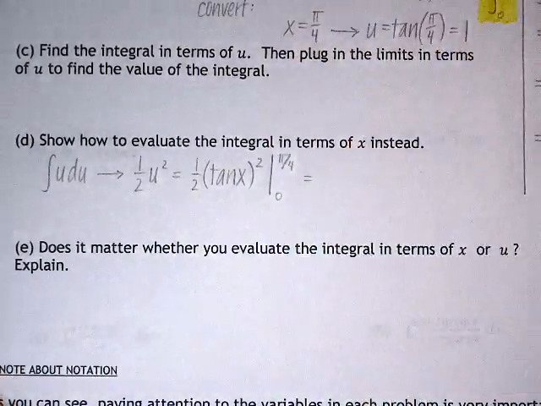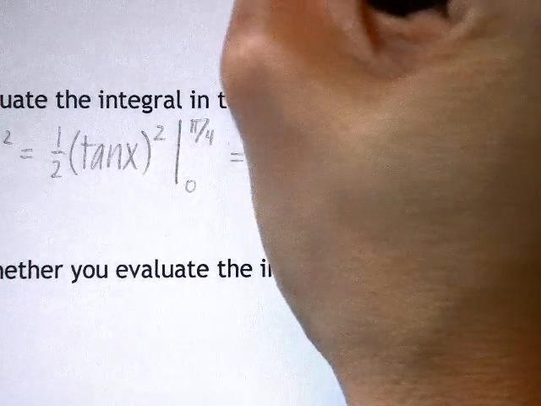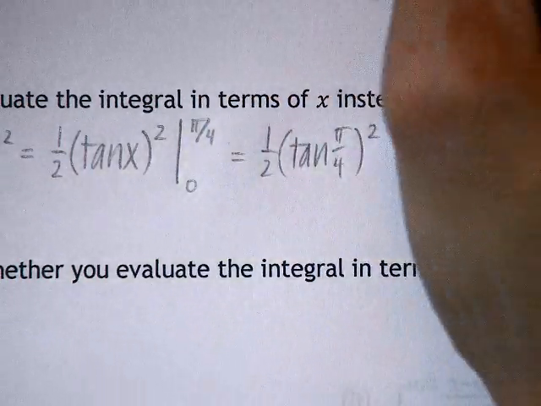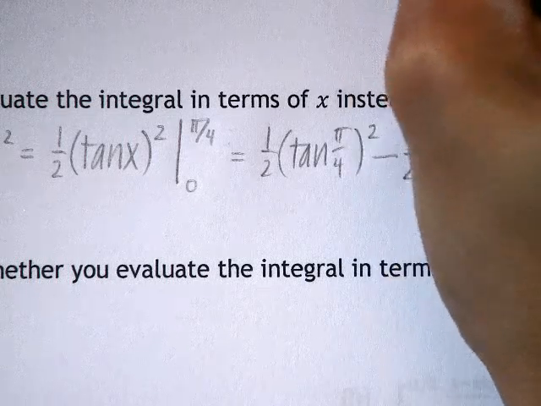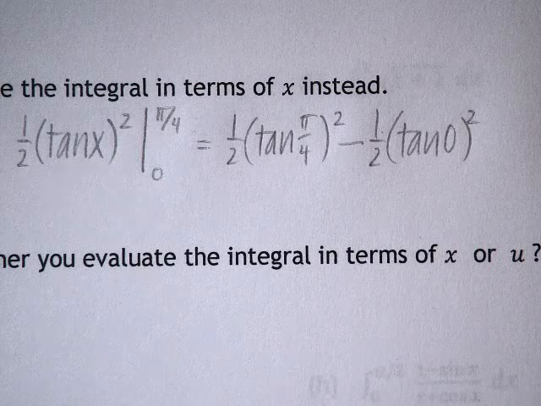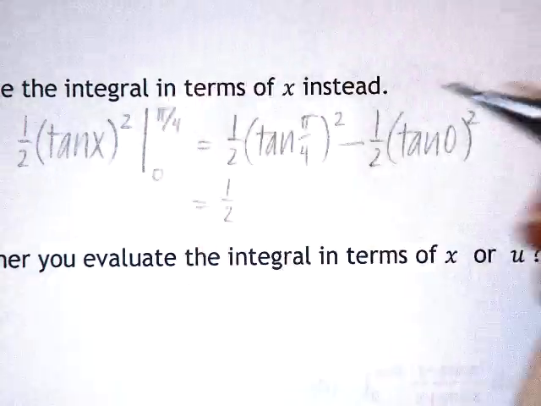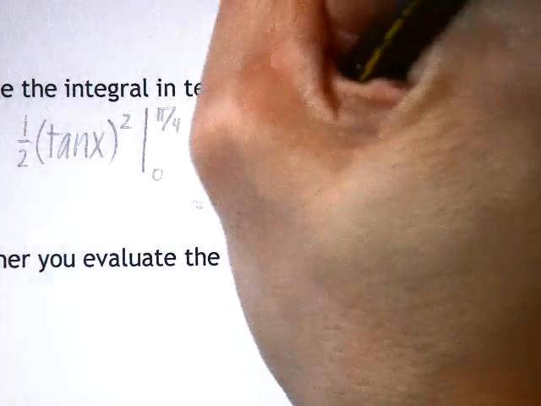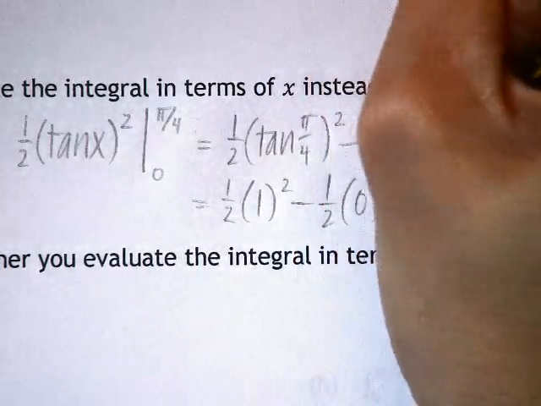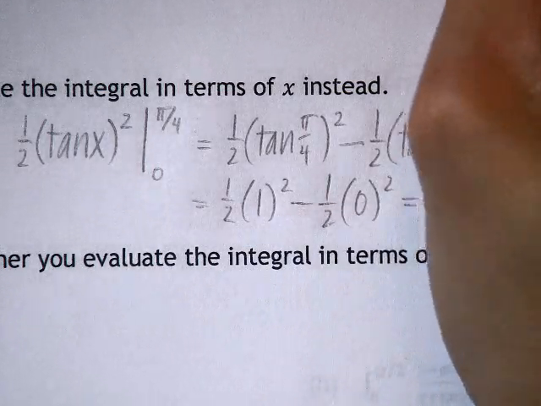Now, of course, we have a slightly more complicated evaluation to do, and this would look like 1/2 times tan of pi over 4 quantity squared minus 1/2 times tan of 0 quantity squared. But it's definitely doable. In fact, it's the same math we did on the side work anyway. We know that tan of pi over 4 is 1, and we know that tan of 0 is 0. And of course, if you clean that up, 1/2 minus 1/2 times 0